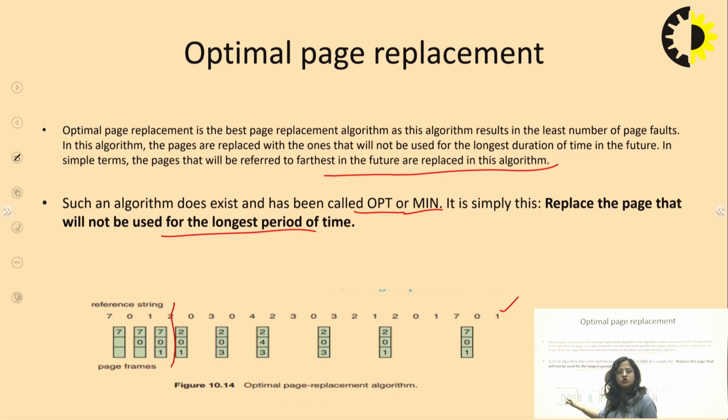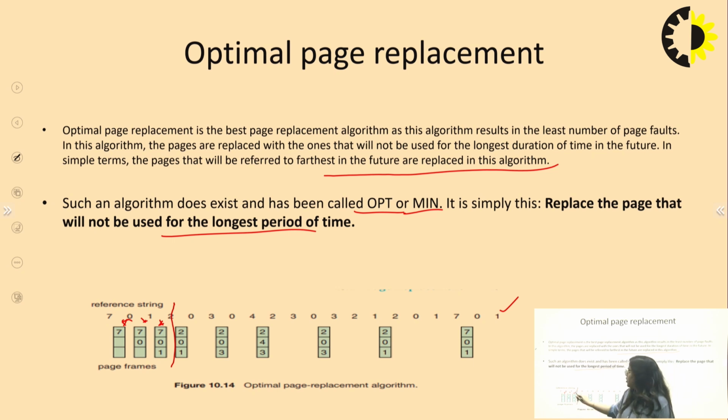Okay, so the first three are the same as last time. 7 is stored easily. Now comes 0, easily stored, but a page fault occurs because this number is not found in the page frames. I can say the page is not found in the page table, so a page fault occurs. So there it is a star, again a star indicates, and again a star indicates here.